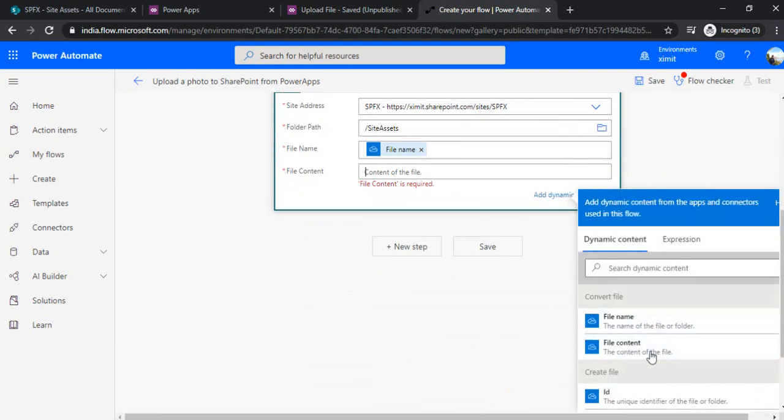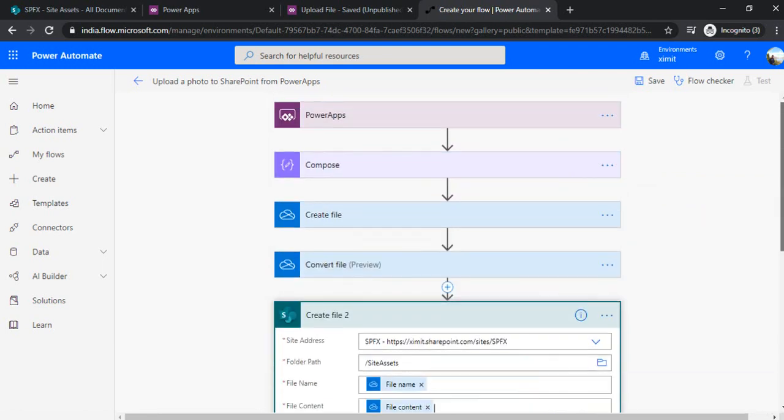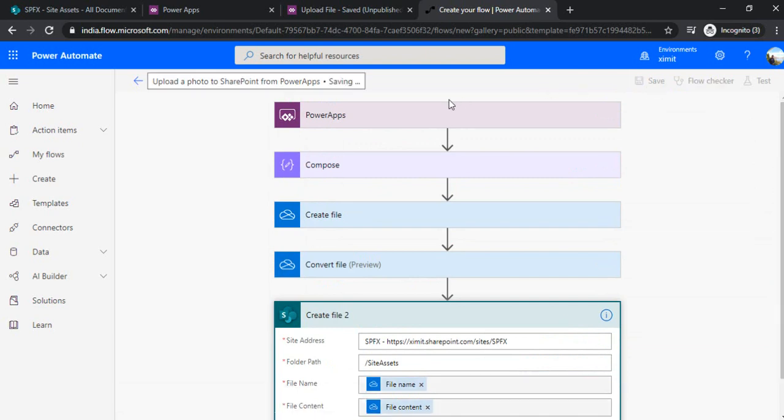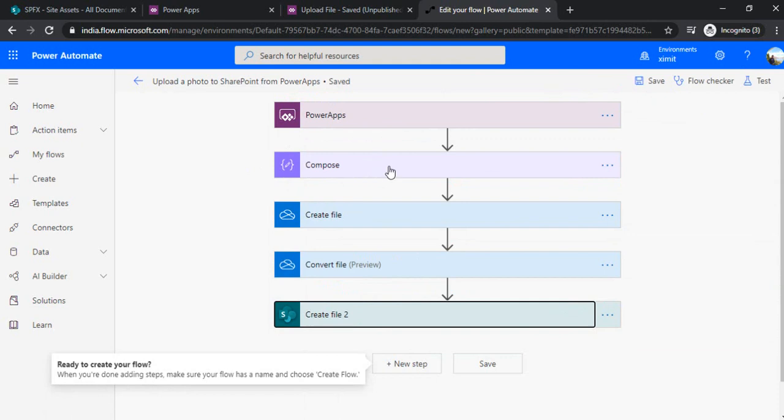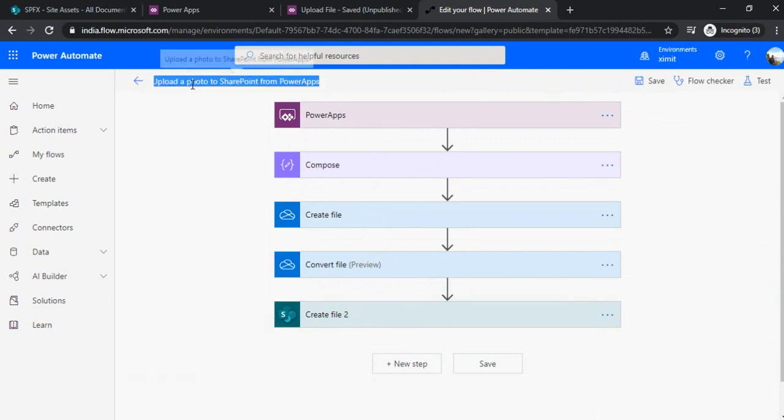Under the file content, I'll choose file content. This is pretty straightforward: I am reading the parameters from Power Apps, composing an HTML, writing that HTML to an HTML file, converting that file to an image, and uploading that image to SharePoint. I'm renaming the flow as demo2, so that I can easily identify it under my Power App.